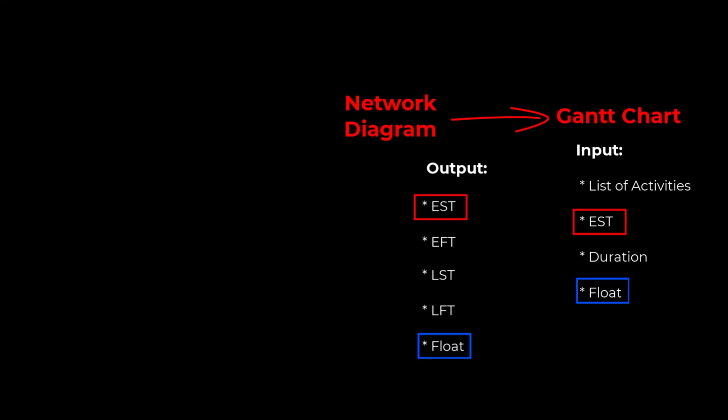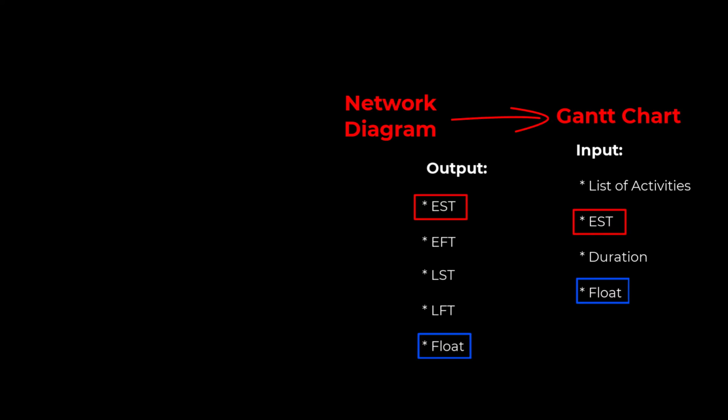It will generate the earliest starting time, the EST. It will also generate the EFT, that's the earliest finishing time. It will generate the latest starting time, the latest finishing time, and the float. So it's generating all these outputs. And as you can see, two of these we need inside of the Gantt chart, so the EST and the